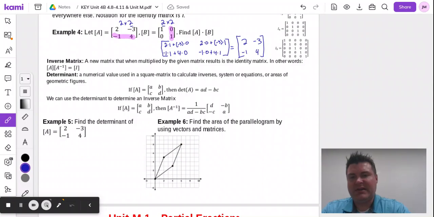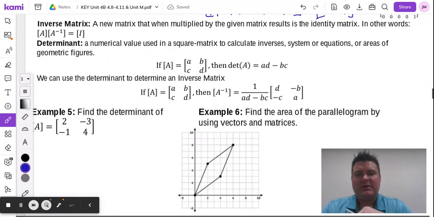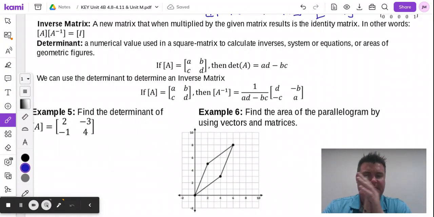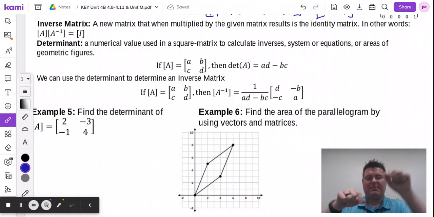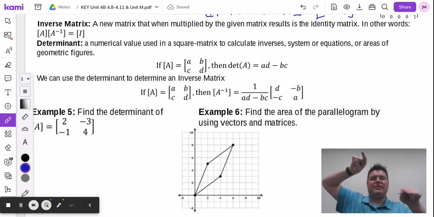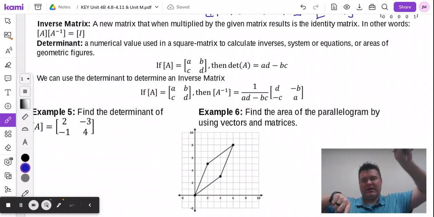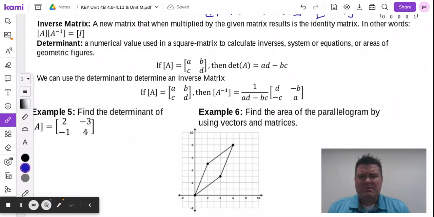So to solve for the inverse matrix, you would just do 1 over the determinant, and then you swap the corners, and then you negate the opposite corner. So you swap the top left, bottom right, and you negate the bottom left, top right. Probably seems a little confusing. It's easier to just use the formulas here to go through it. And again, the whole point is if you were to multiply the original matrix by its inverse, it will produce